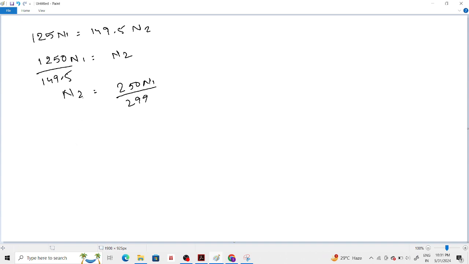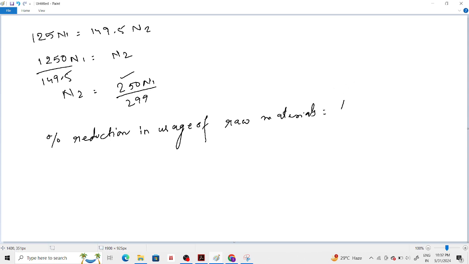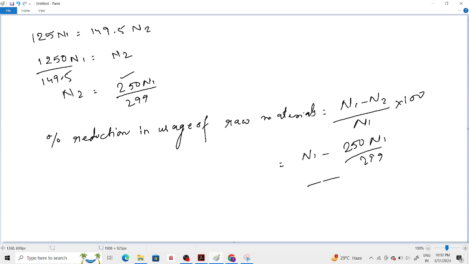Now I just need to find out. So here we can see that n2 is less than n1. Why? Because I can see that the numerator is less than the denominator. So I need to find out what is the percentage reduction in usage of the raw materials so as to keep the cost constant. So that is going to be n1 minus n2 divided by n1 into 100. So n1 as it is, n2 is 250 n1 by 299, divided by n1